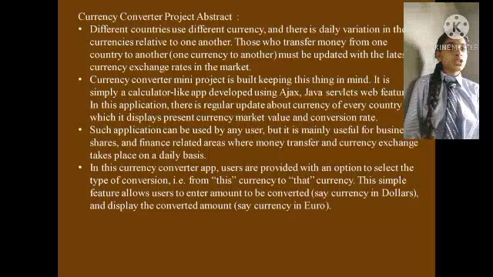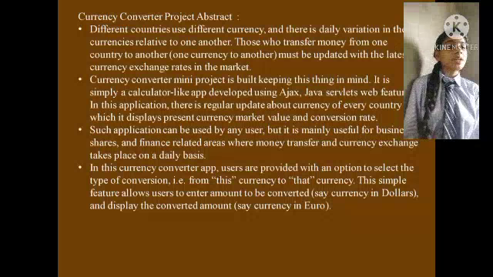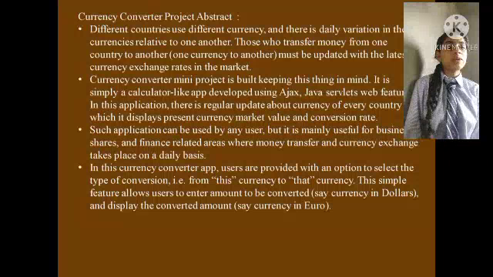In this application, there is a regular update about the currency of every country, which displays the present currency market value of the conversion rate. Such an application can be used by many users, but it is mainly useful for business, shares and finance related areas where money transfer and currency exchange take place on a daily basis.